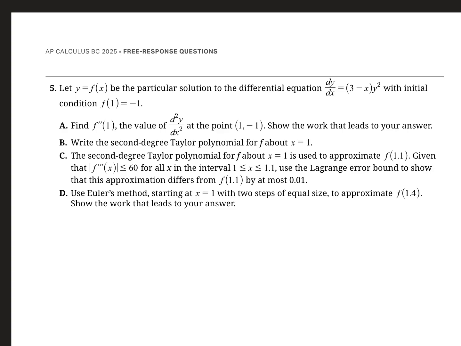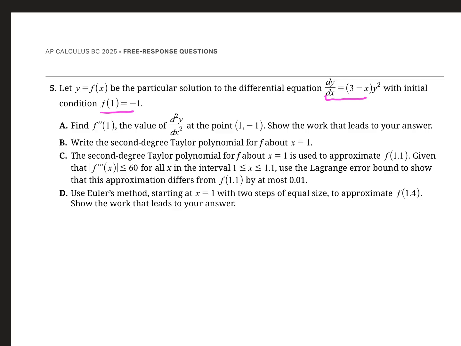This is from the 2025 FRQ section. This year they had two Taylor polynomials, so they had them on 5 and 6. So this is question 5. They gave us a differential equation, an initial condition. They want us to find the value of the second derivative at the point x equals 1,